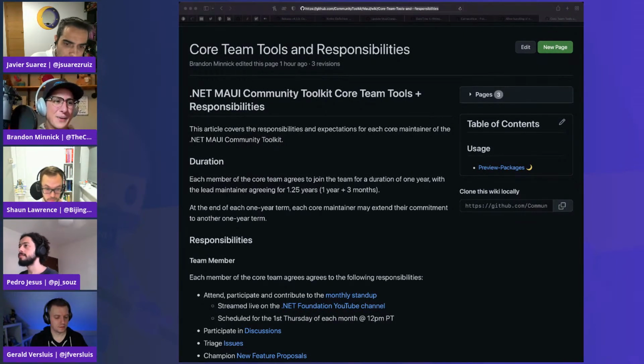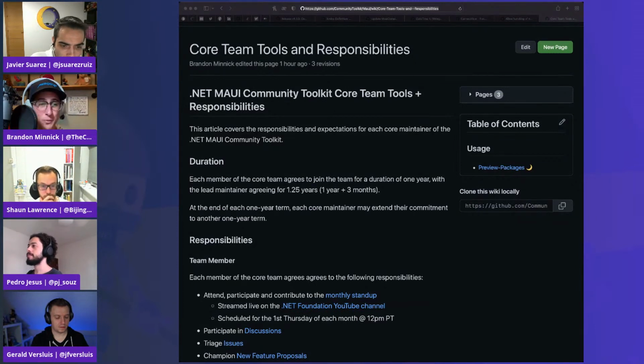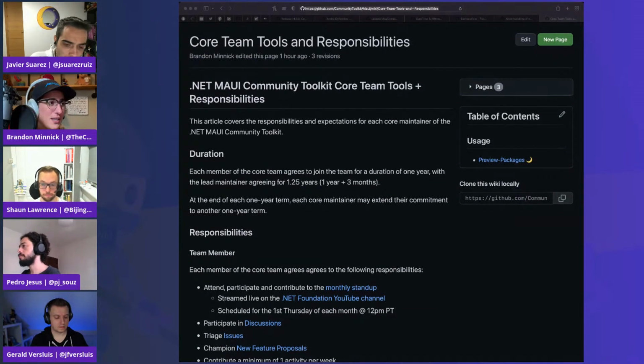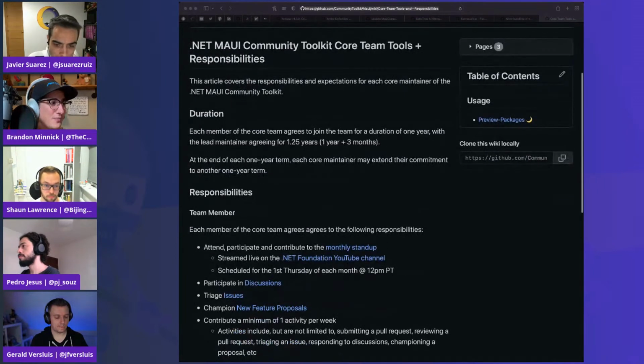And I think when we reached out to Sean, it's not just, sure, but what do I have to do? It's like, well, that's a good question. So we put together this page on the wiki. It's totally up for review. Nothing's set in stone yet, but the high-level overview is what we're asking of the core maintainers: when you join, that you'll commit to at least a year.